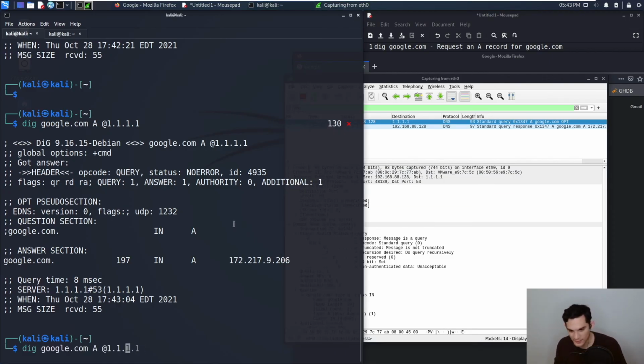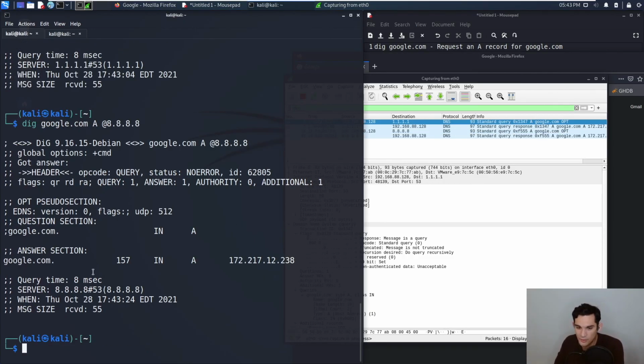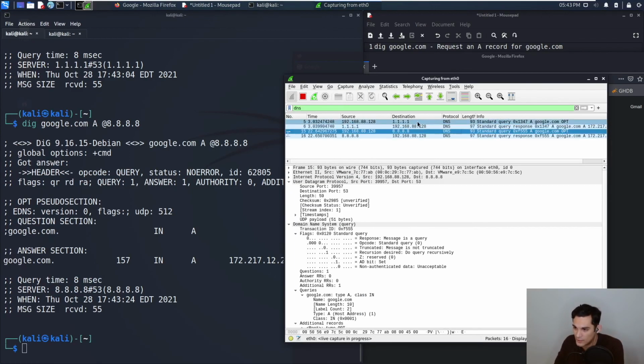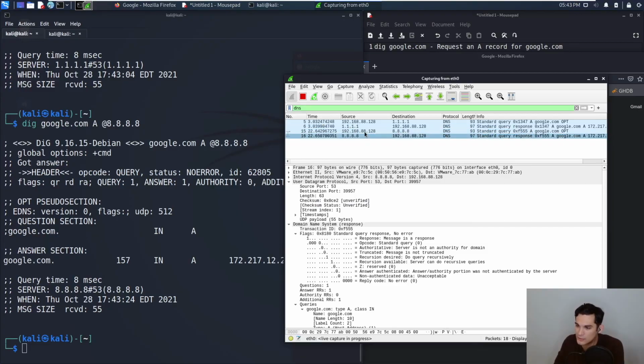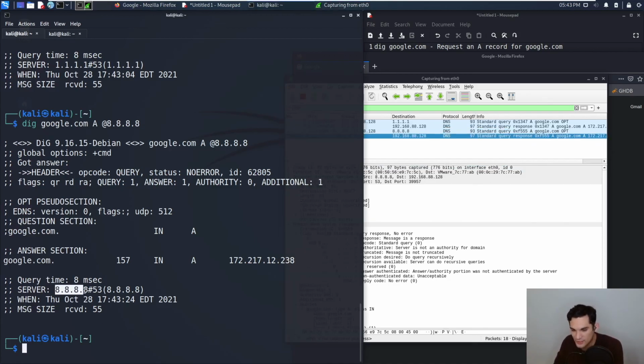Another fun fact is that there's also 8.8.8.8, and this is operated by Google themselves. And so you can see here, I got my results from Google's resolver, as well as Cloudflare's resolver. 8.8.8.8 is used very, very frequently in networking. It's an IP address that people like to ping to see if their computer has connectivity. I do that all the time personally.